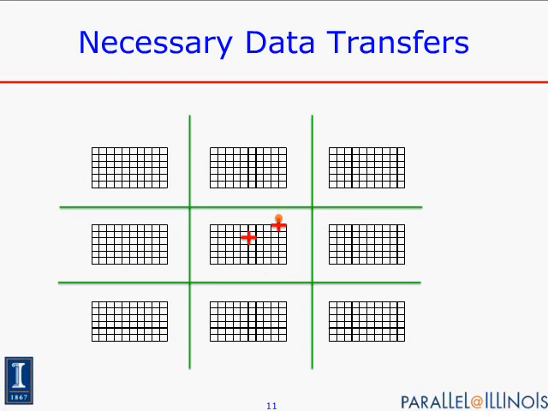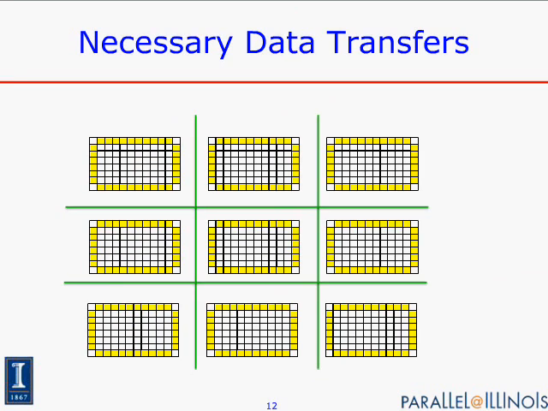So in the case of a distributed memory system, where I need to get access to data that I don't have, what do I do? Well, what we classically do is make a copy of it. So if we look at this next slide, what I've done is I've taken those original domains and I've added these yellow squares around them. That's extra space in which I'm going to make a copy of data from one of the neighboring processes.